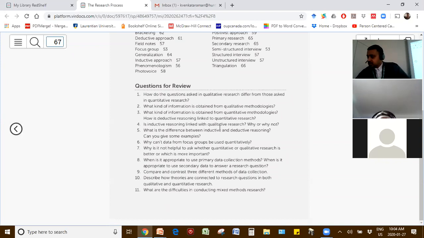Let's assume this is a 5-mark question. Typically, if that is a 5-mark question, I want you to be able to tell me at least 5 things, and how the questions differ. So let's think about how the questions differ in qualitative versus quantitative.